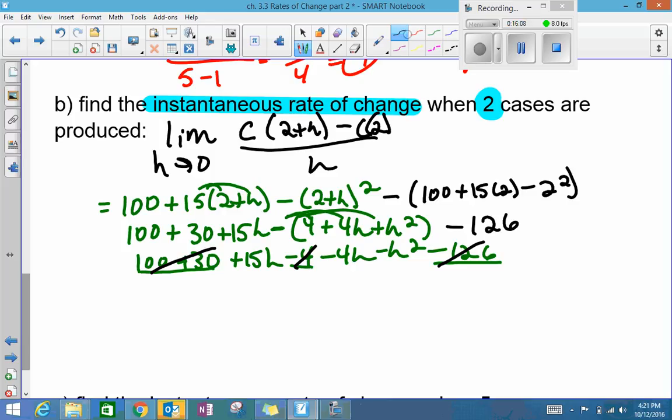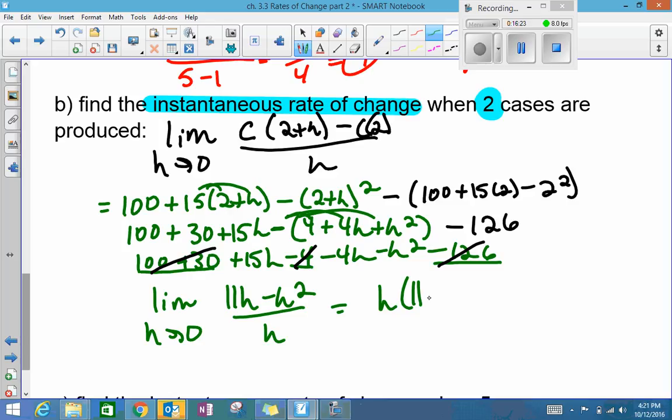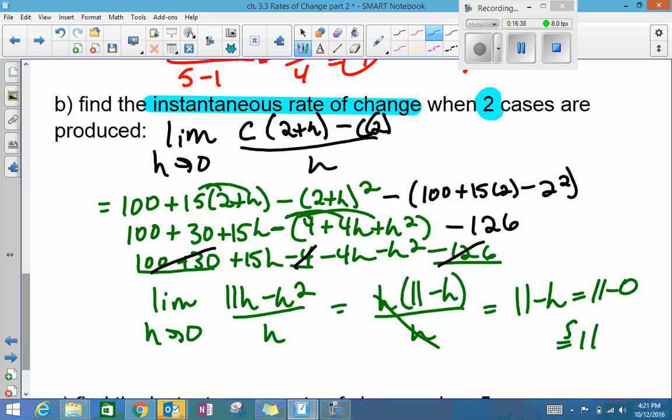So now we are left with the limit as h approaches 0 of 15h minus 4h is 11h minus h squared over h. Simplify by factoring out an h, and we get this, h times 11 minus h over h. The h's cancel. We get 11 minus h, which is 11 minus 0, so we get 11,